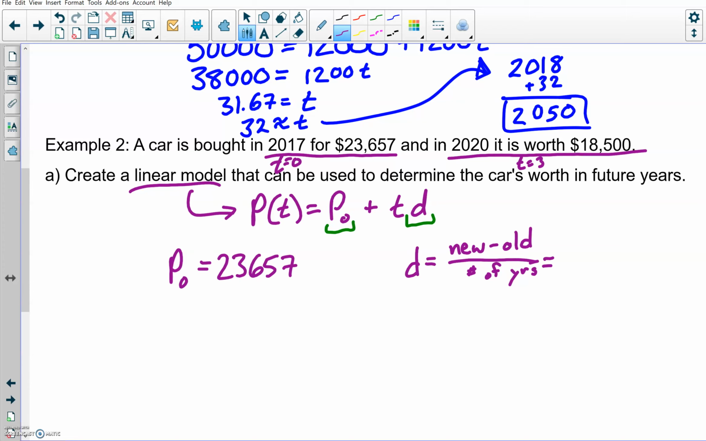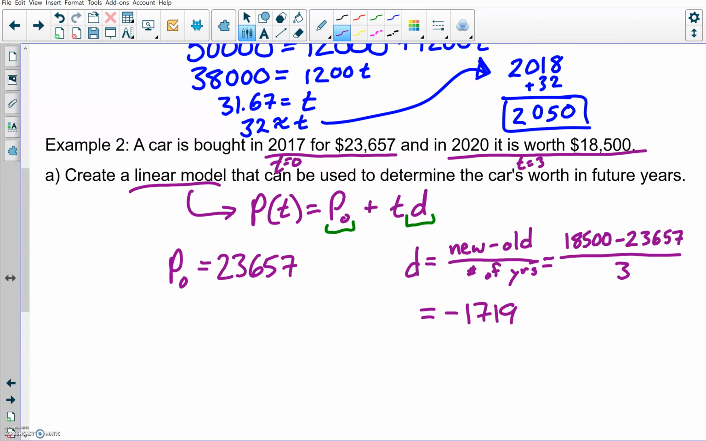So the new value is 18,500. That's what it was worth in 2020. 2017, the old value, the starting value, was 23,657. And then you divide it by 3, since there's 3 years in between 2017 and 2020. And what you'll get out of that is negative